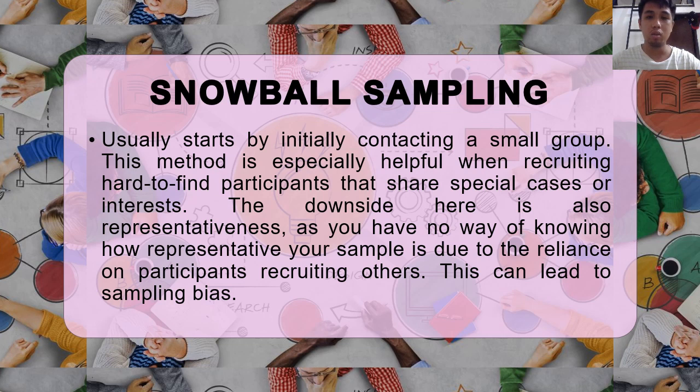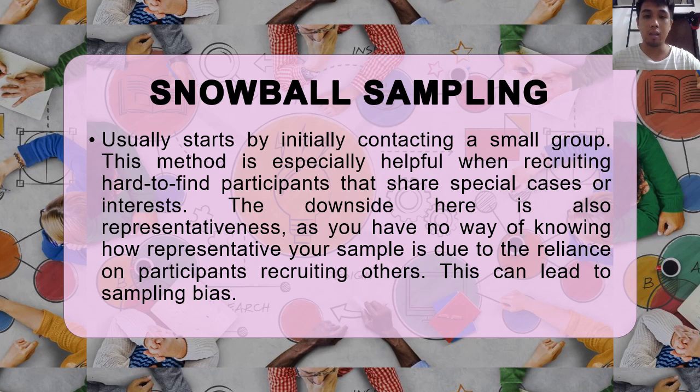Next is the snowball sampling of the non-probability sampling method of qualitative research. So snowball sampling usually starts by initially contacting a small group. This method is especially helpful when recruiting hard-to-find participants that share special cases or interests. So in this kind of sampling, the researcher can ask the respondents if he or she knows someone that is also a potential